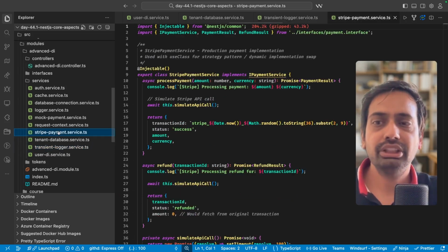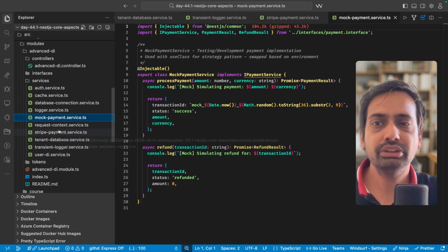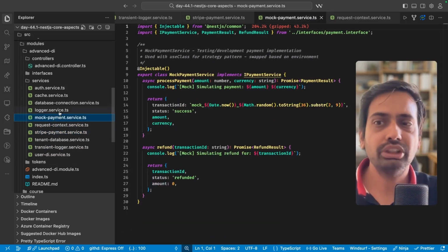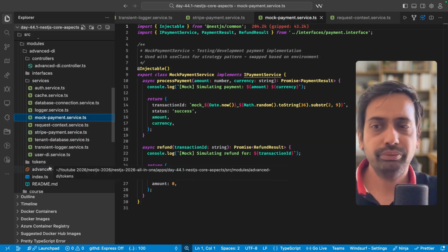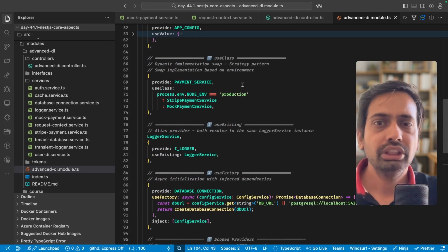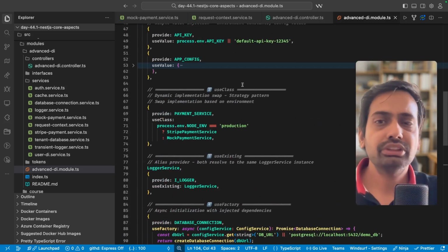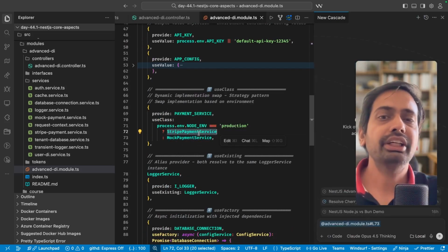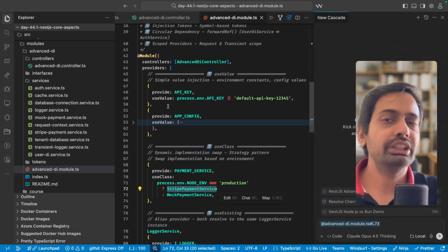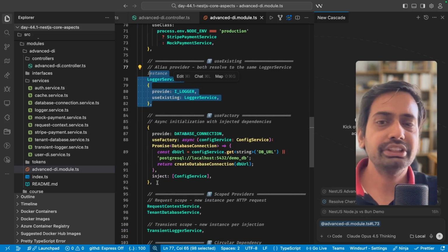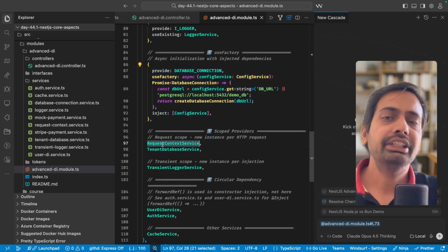Okay, so we can have a separate instance ID. Similarly, the Stripe payment service or mock payment service. If you are on production, then we will use Stripe payment service. If you are on development, then we will use the mock payment service that we have already added here. That payment service will be providing the instance of either Stripe payment service or mock payment service based on the runtime, based on the environment variable. So similarly, these are the useValue. This is the useClass. This is useExisting. This is useFactory, and these are some of the examples of